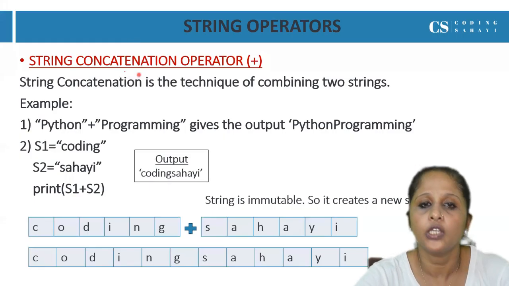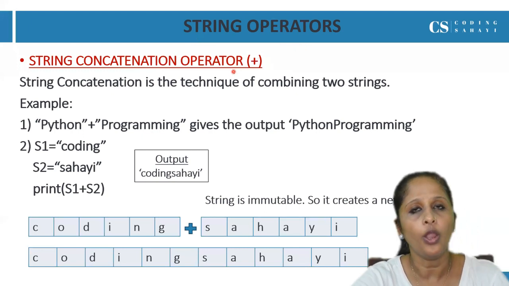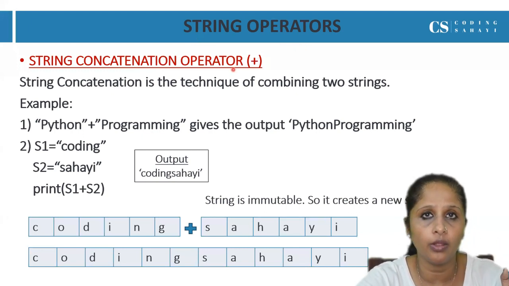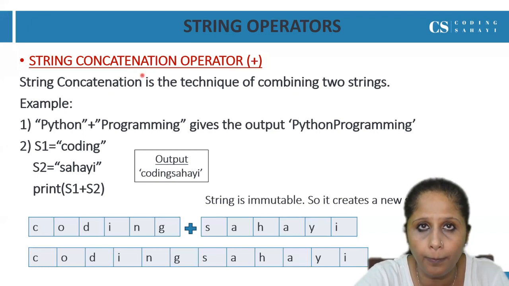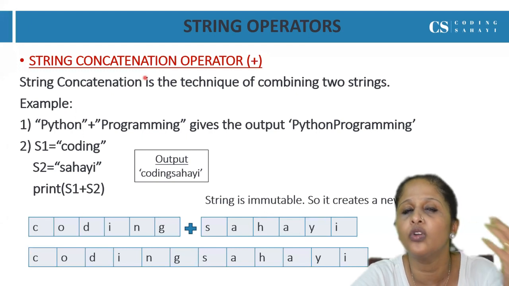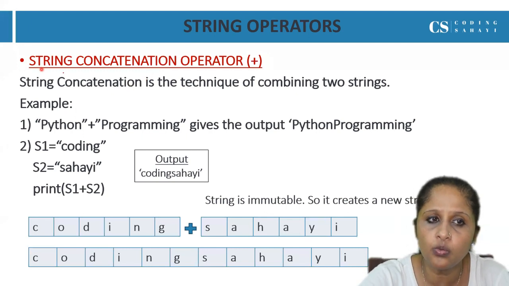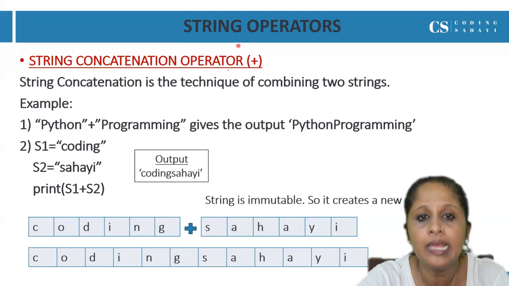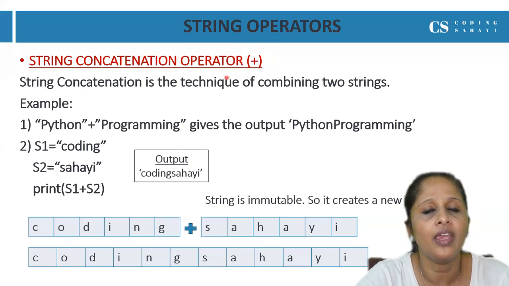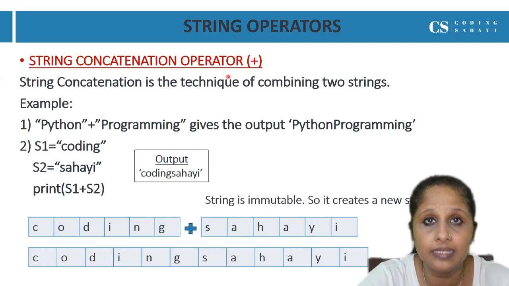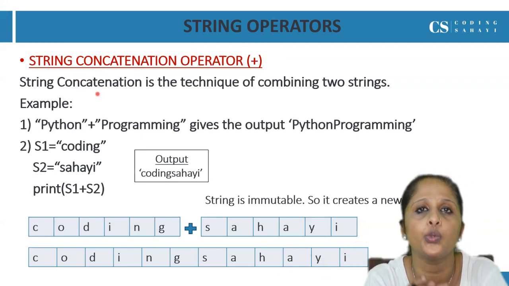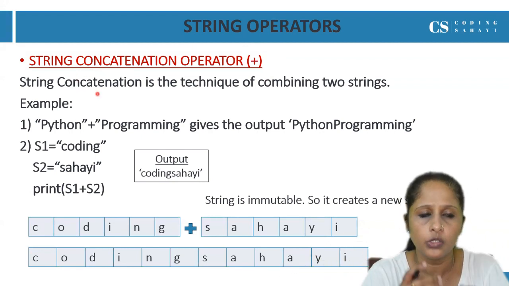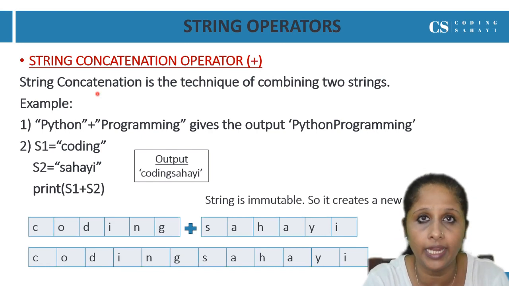So our next topic is string operators. See, already we studied arithmetic operators, logical operators and all other operators in Python. Here for string also we have some operators, and that operators how it works with string, let's see. Okay, so first one, string concatenation operator, that is our plus symbol. You know, if you are using plus symbol with integers, it is addition. But when you are using this plus operator with string, it is combining two strings or merging two strings. So that combining is known as concatenation.